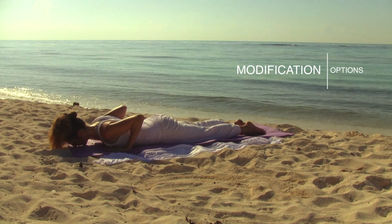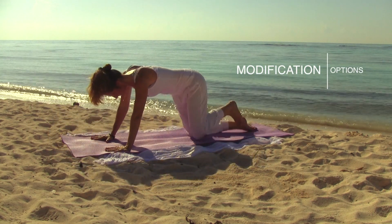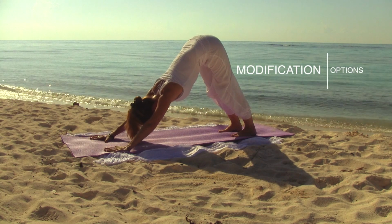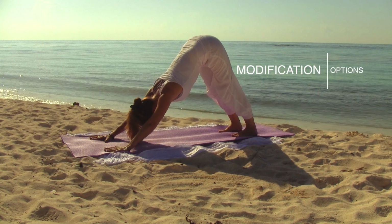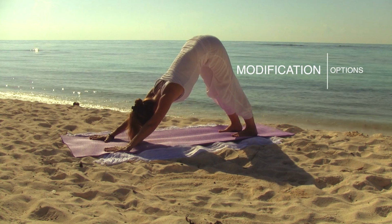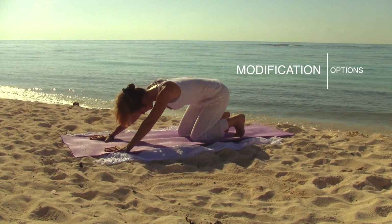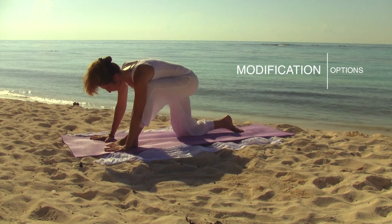Exhaling here as you come back into your downward dog, transitioning through the table pose. Hips come back up towards the sky. Feel your heart sinking back towards your knees, feeling a nice lengthening in the backs of your legs. Gently coming back down onto your knees and taking a step forward, and then another step, coming towards the front